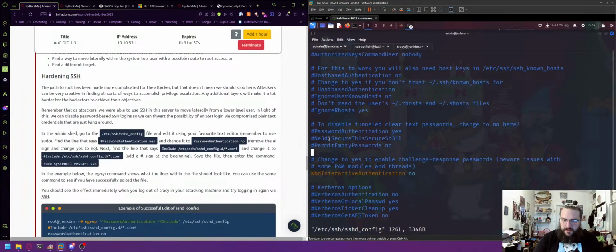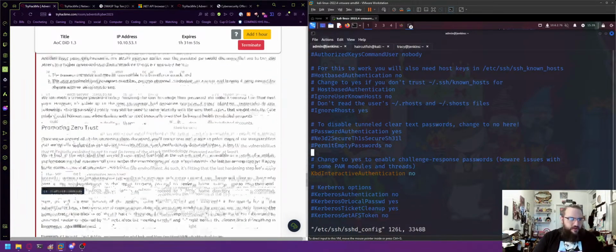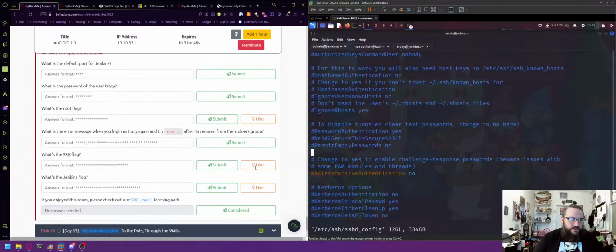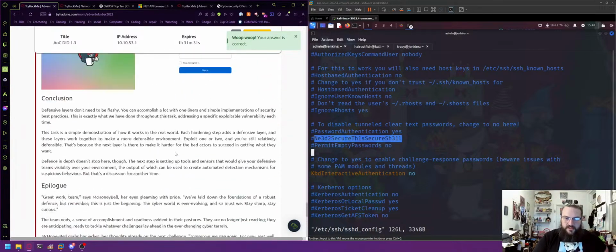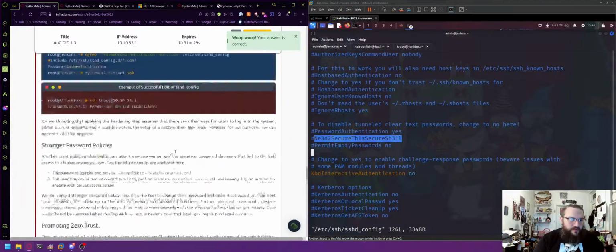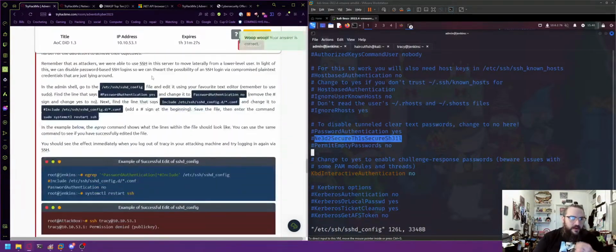So we need to secure this shell. So to disable tunneling, and I'm pretty sure that's gonna be password. Let's just scroll down real quick. So what's the SSH flag? I'm pretty sure it's this right here. Copy. Go here. Bam. Okay. Just so I don't have to pull that up later when we get to it, but I probably will anyway. So now that we're in here,